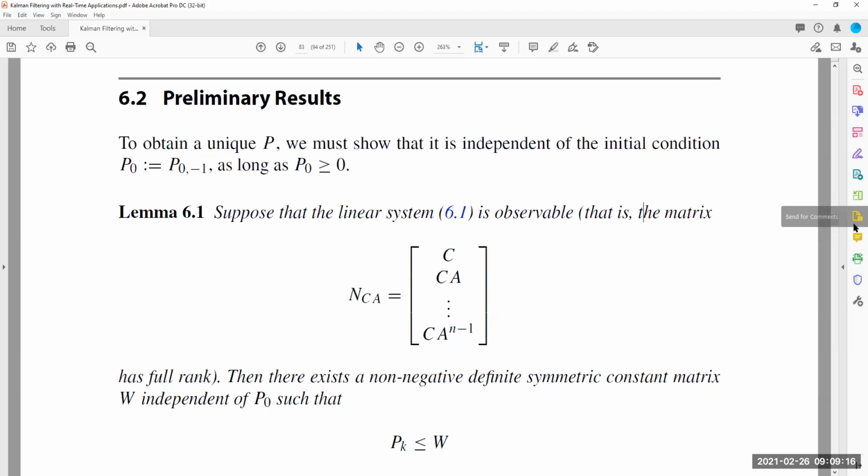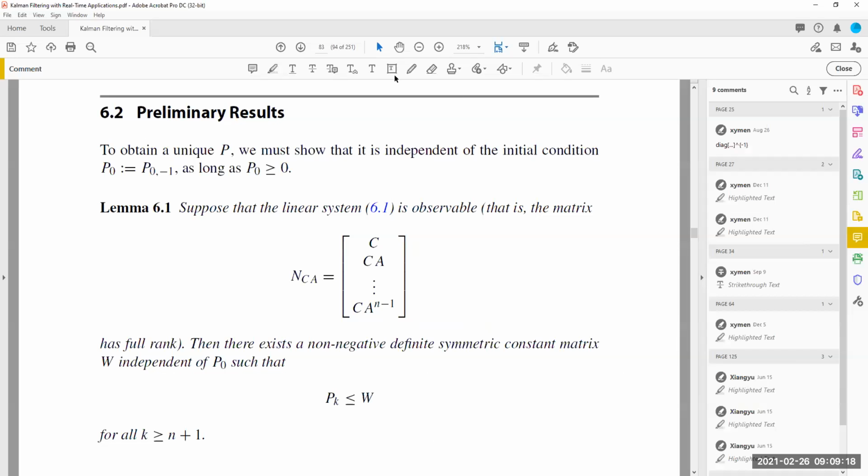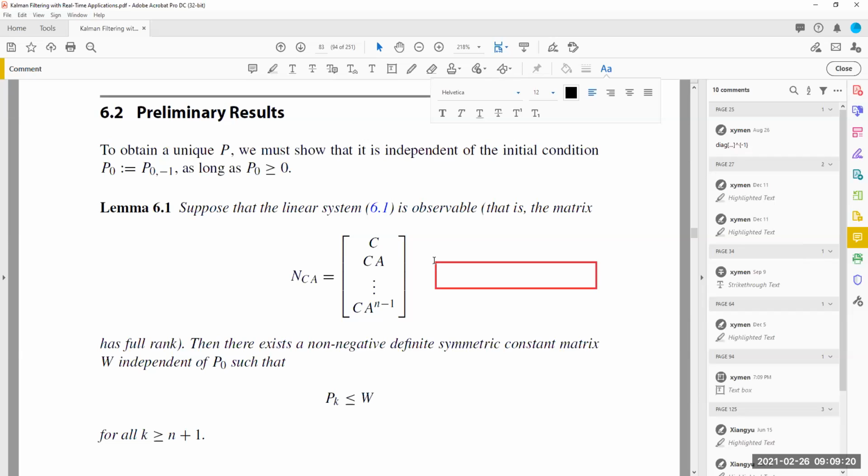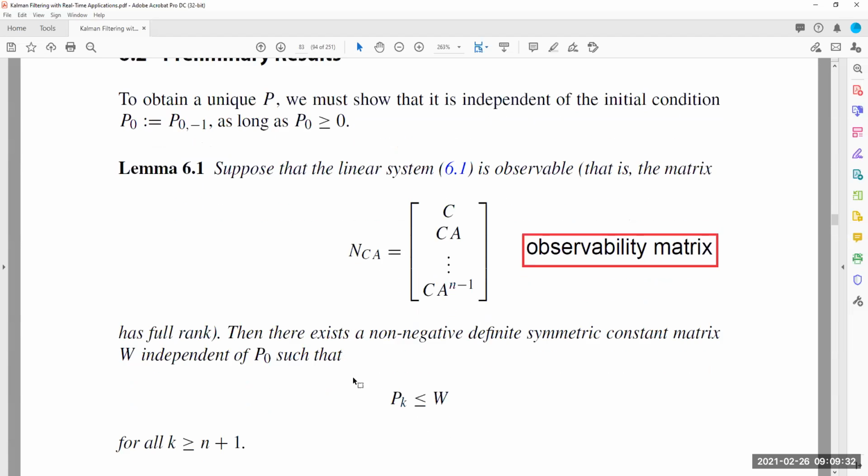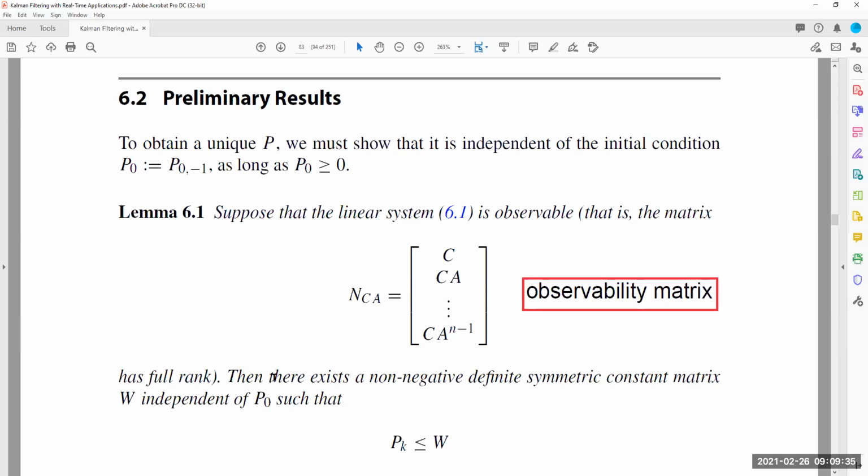Sometimes we call this the observability matrix. If this matrix is full rank, then